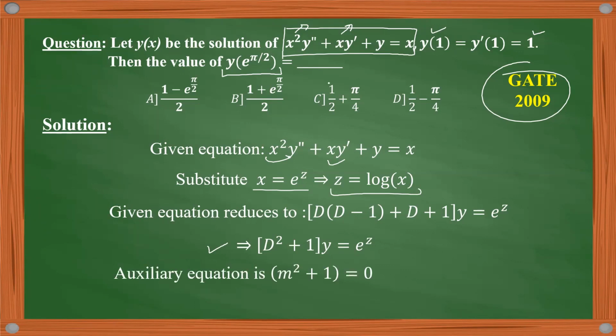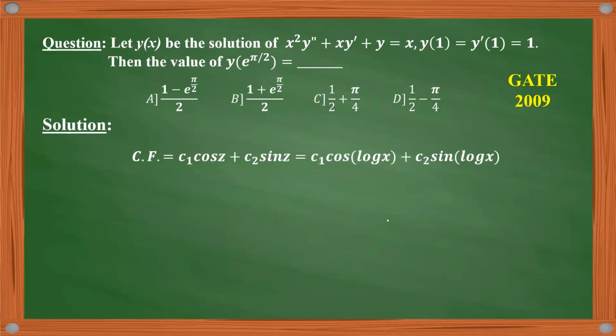So its auxiliary equation is m square plus 1 is equal to 0. Now we need to find its roots. Its roots are plus or minus iota, so it comes under the complex pair case. Now the solution is e power alpha x, but our alpha is 0 in this case, and beta is equal to 1. So our complementary function is equal to c1 cos z plus c2 sin z, and that is equal to,